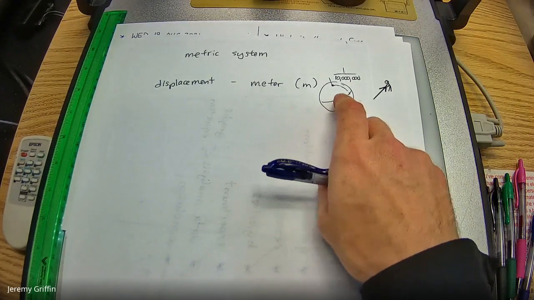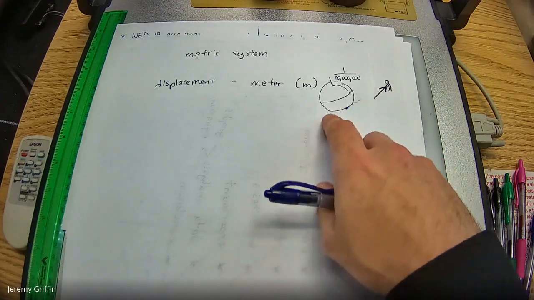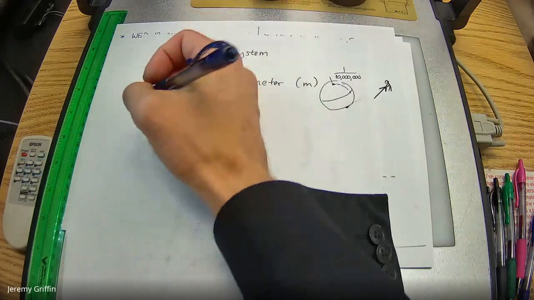So the modern definition of a meter is the distance that light travels, because the speed of light is a constant, right? Nobody knows why it is what it is, but it's something. Right? In some very brief interval of time. Let's go on to